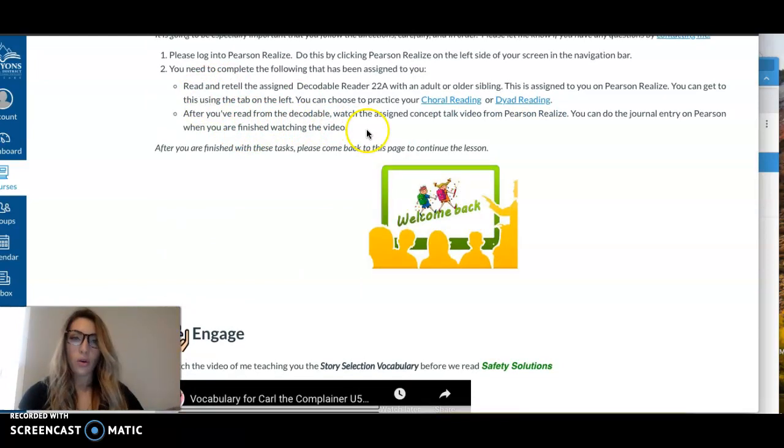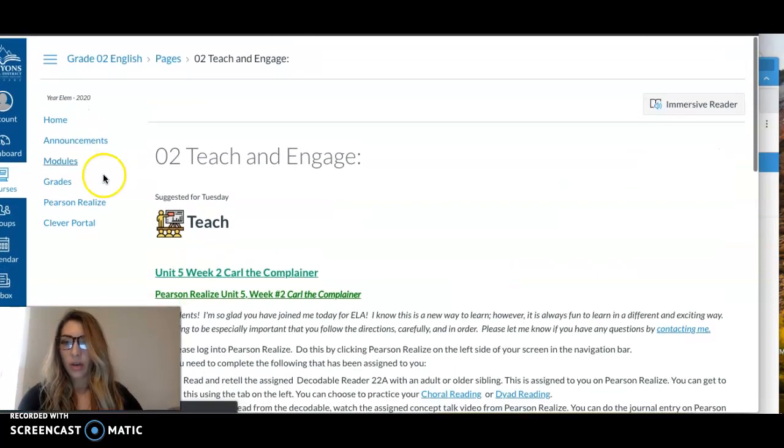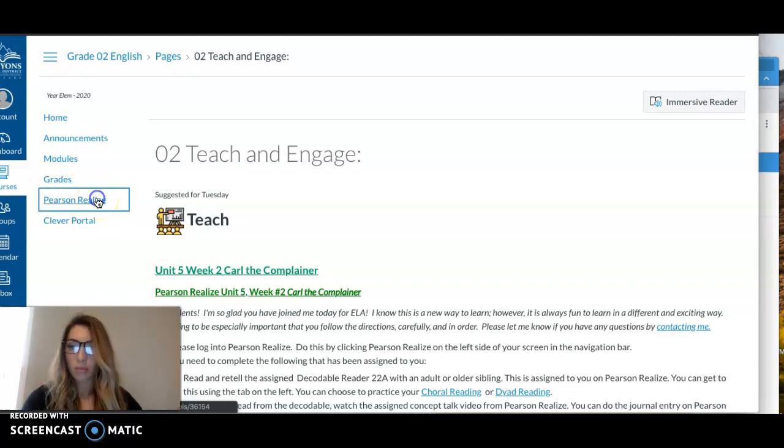After you read from the decodable, then you are going to watch the concept talk video, and then you can do the journal entry on that concept talk video if you would like when you're finished with the video, and then you'll come back here. So now that you know what you're doing, you're going to help your child go ahead and get into Pearson Realize. So you're just going to go ahead and click Pearson Realize,